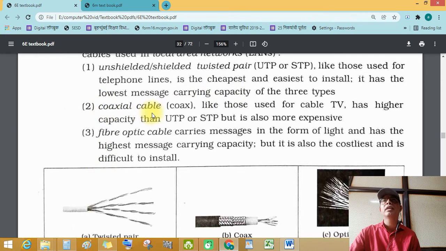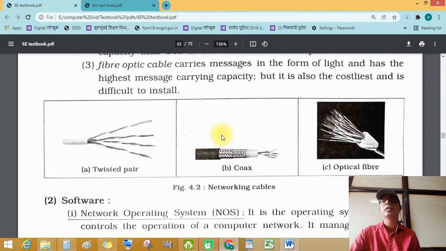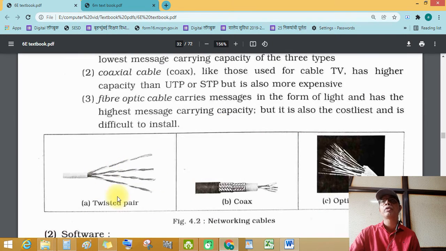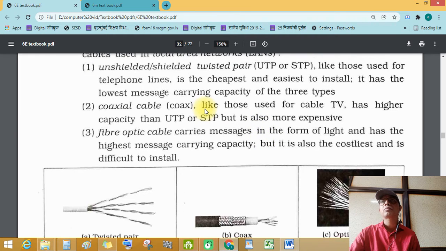Now coaxial cable, coax, like those used for cable TV, has higher capacity than UTP and STP but is also more expensive. This cable is more expensive than twisted pair but it has higher message carrying capacity.